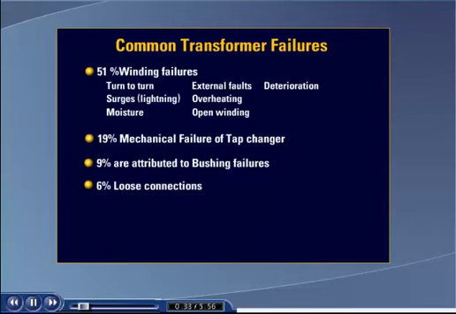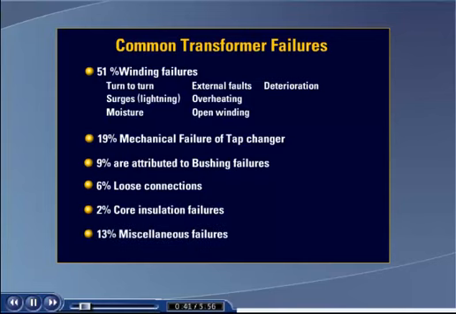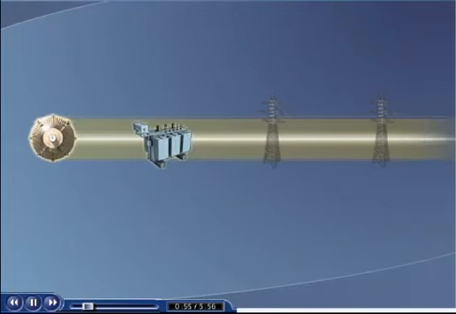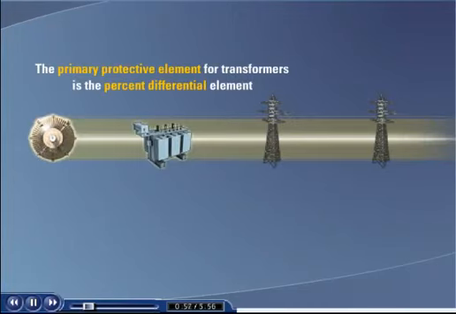6% can be traced to loose connections on the terminal board. 2% were due to core insulation failures. And the remaining 13% were simply classified as miscellaneous failures. The percent differential protection element, which is considered the primary protective element for transformer protection, can detect most of these failures. Differential protection. As stated, the primary protective element for the transformers is the percent differential element, which compares the